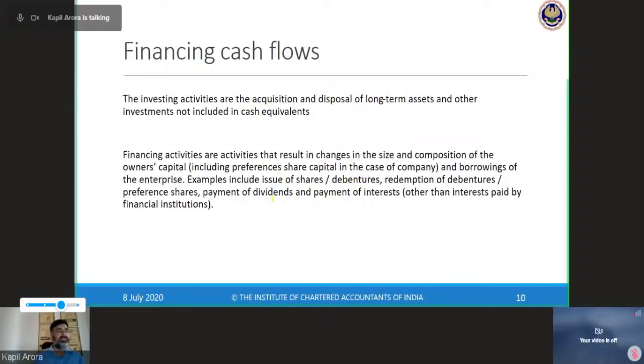And at last, financing cash flows. I guess there is something wrong in this. I have this by mistake talking about investing activities. Financing cash flows means, you can note down, financing cash flows means,